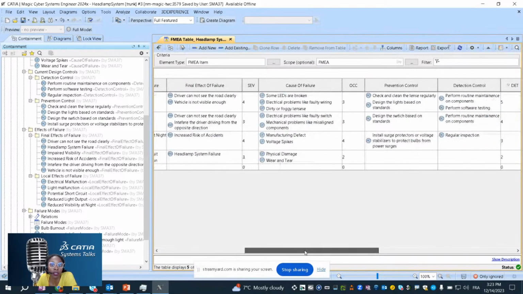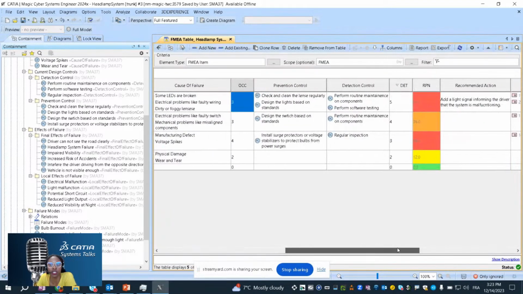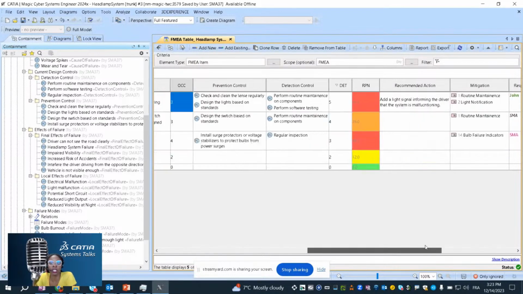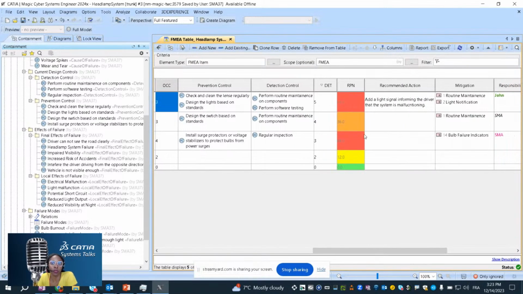You can then define different severity. What is the severity? What is the cause? You can put the occurrence. You can put all different attributes about prevention, detection, control. You can define detectability. This value, RPN, will be automatically